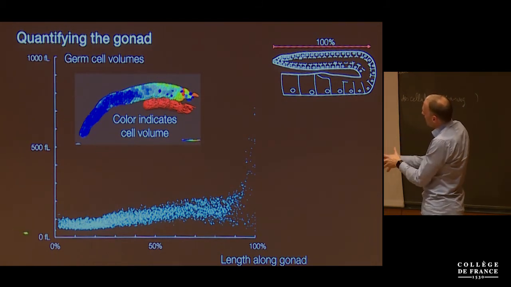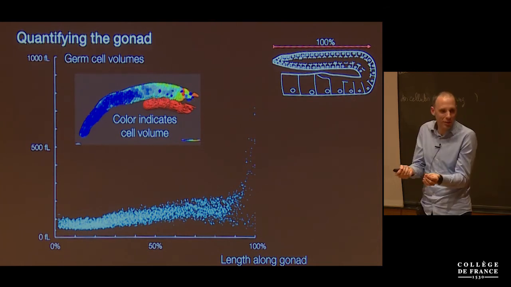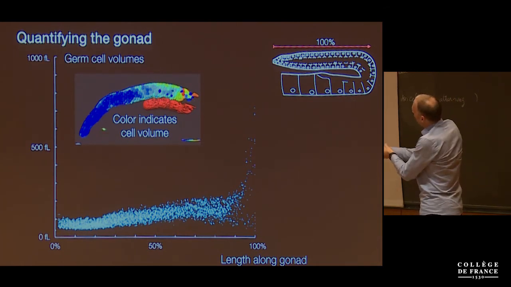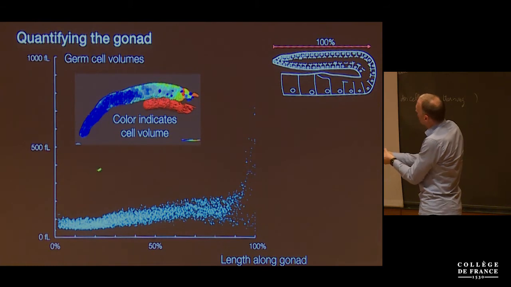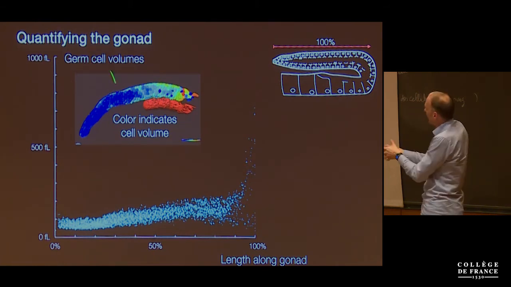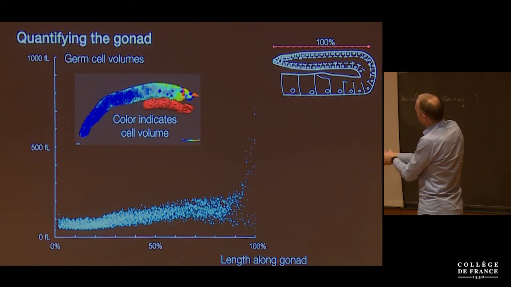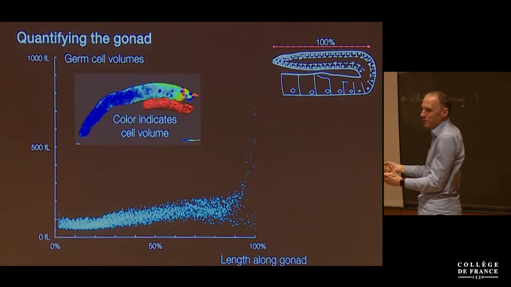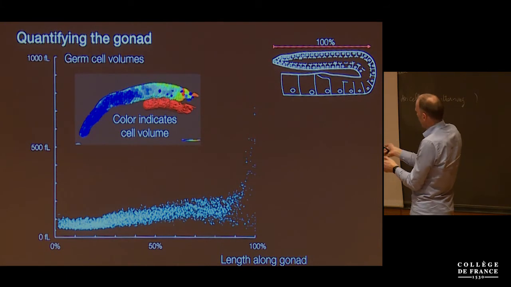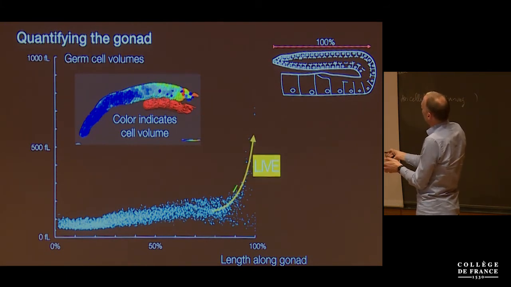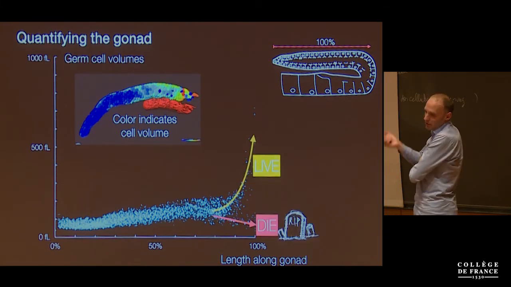So this is an interesting axis because, of course, it's space, but it's also time, because as I told you, over here there's the proliferative zone, so all the germ cells effectively move along as they mature along the gonad. Okay? So germ cells will start with a rather small volume, then collectively grow, and what I want you to realize from this is, of course, that at some point this distribution splits up into two, close to the turn, and some germ cells grow and live, and other ones shrink and die.